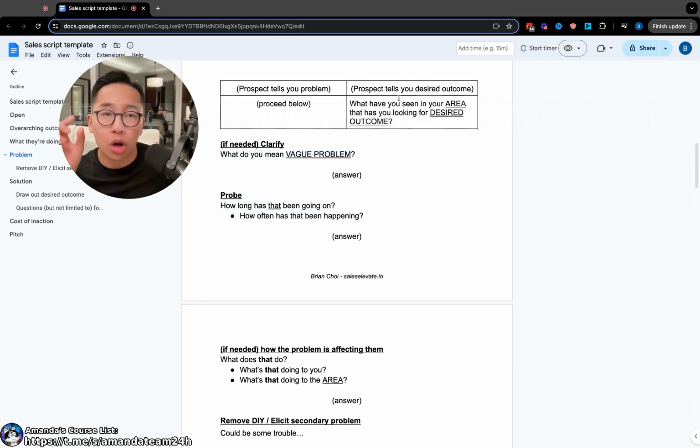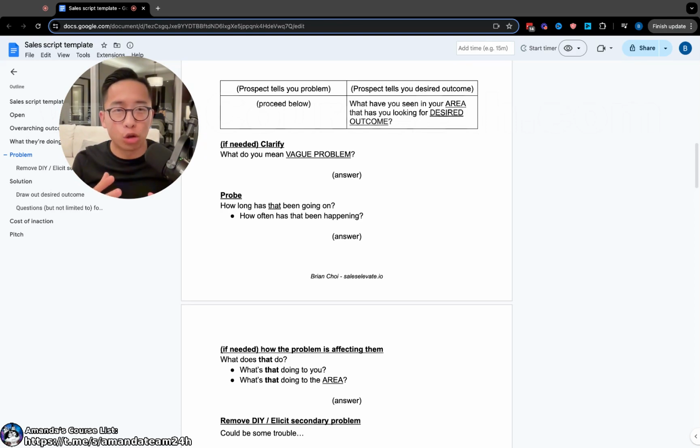Now, another scenario that may happen is that they tell you a desired outcome, a positive-based answer, meaning, "Yeah, I'd like to make more money. I'd like to work fewer hours. I'd like to work in a better environment." Or, "I'd like to get better results with this. I'd like to do it in a quicker time." In that case,